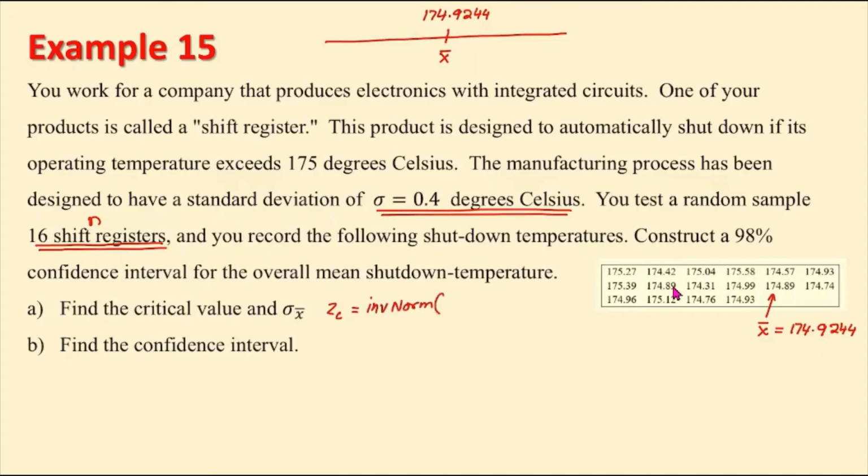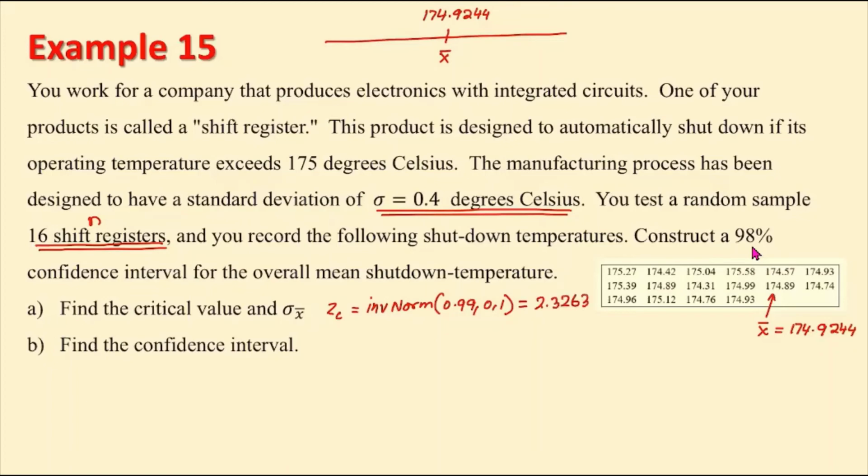Area to the left: the middle area is 98%, so the remaining 2% is divided into two tails. That means on the left, you have 99% area, or 0.99. Mean is 0 and standard deviation is 1. And if you type that in your TI-84 calculator, you should get